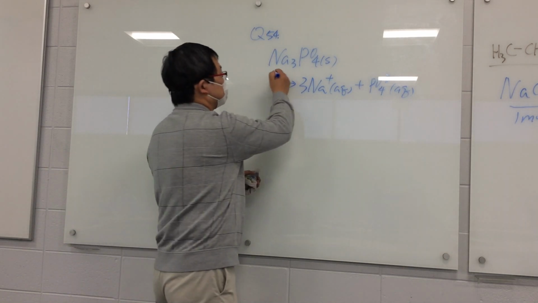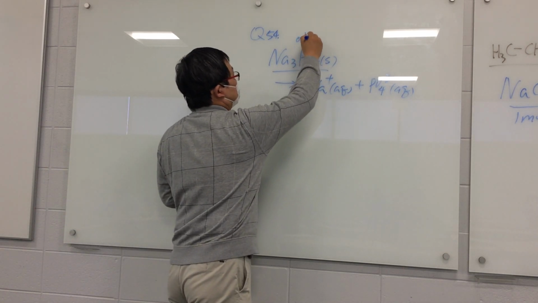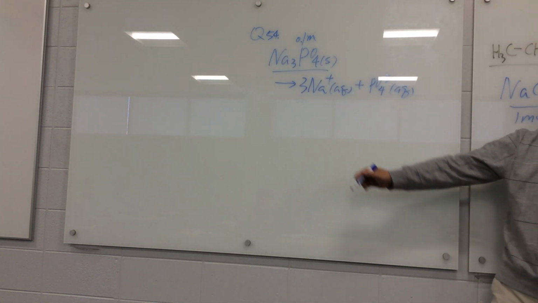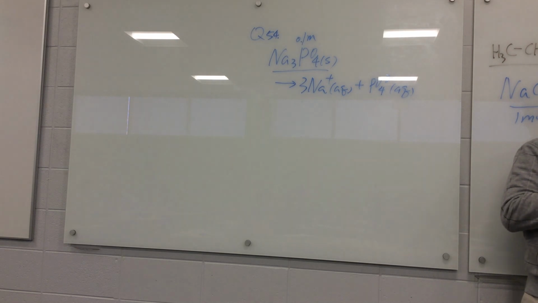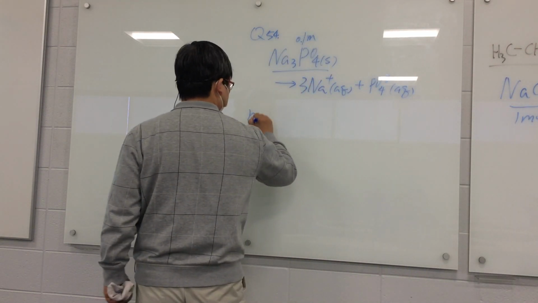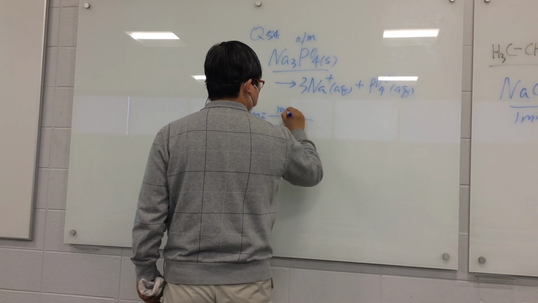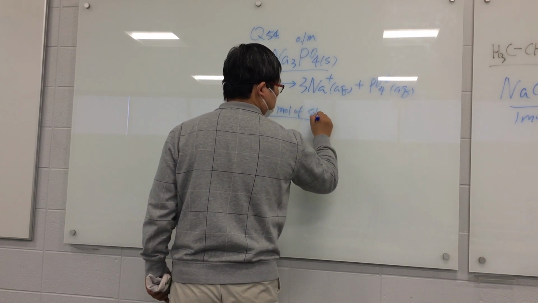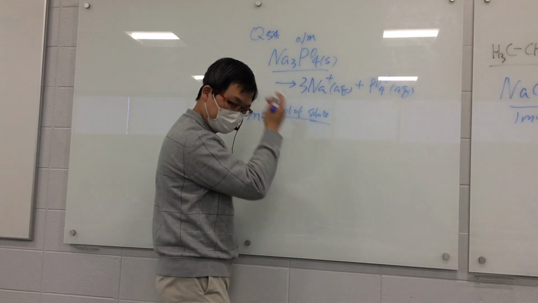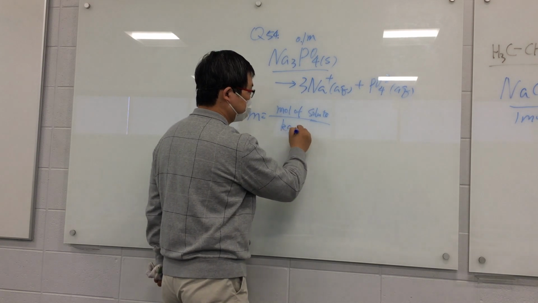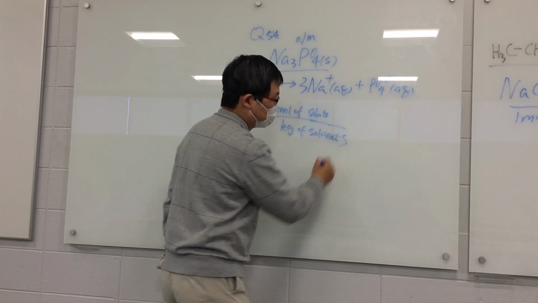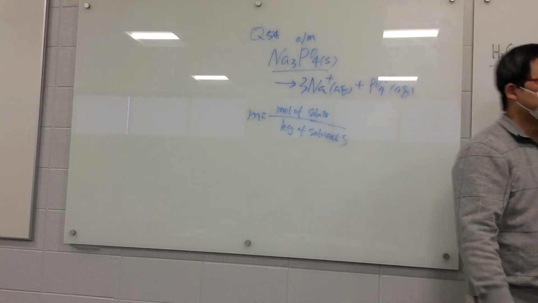so we got this 0.1 molarity. Then what's the concentration for sodium ion? Because molarity equals what? Mole of solute divided by what? By the kilogram of solvent. When